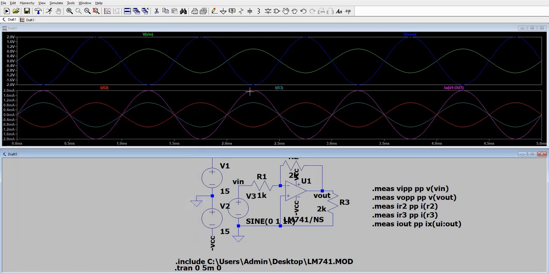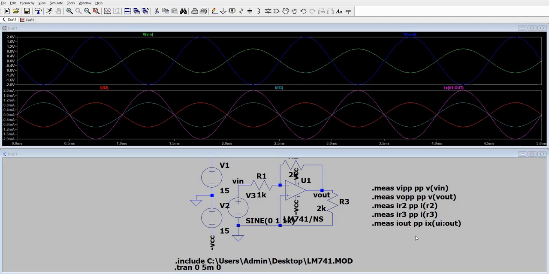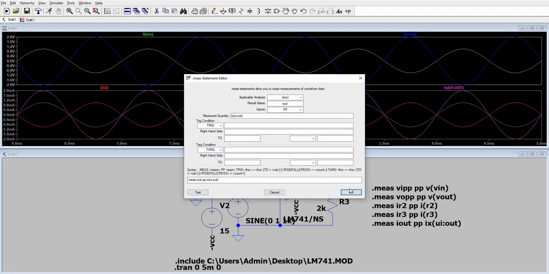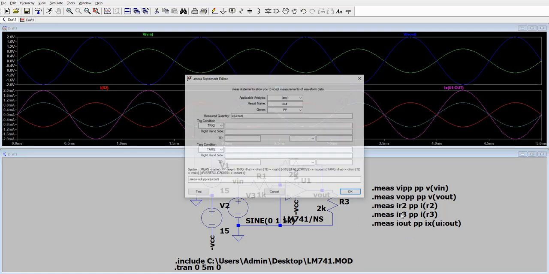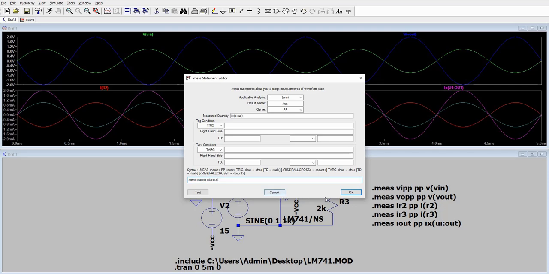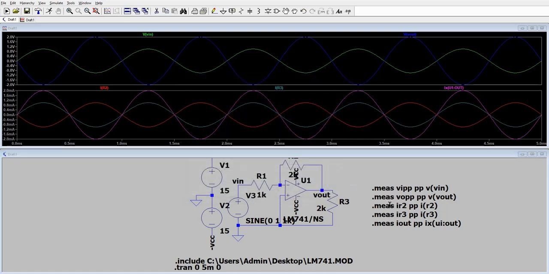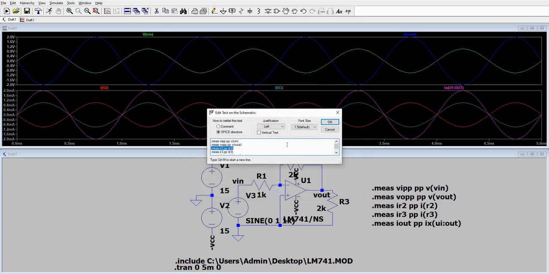The reason is that instead of U1, I have typed UI. So you need to edit this. Instead of UI, just type U1.